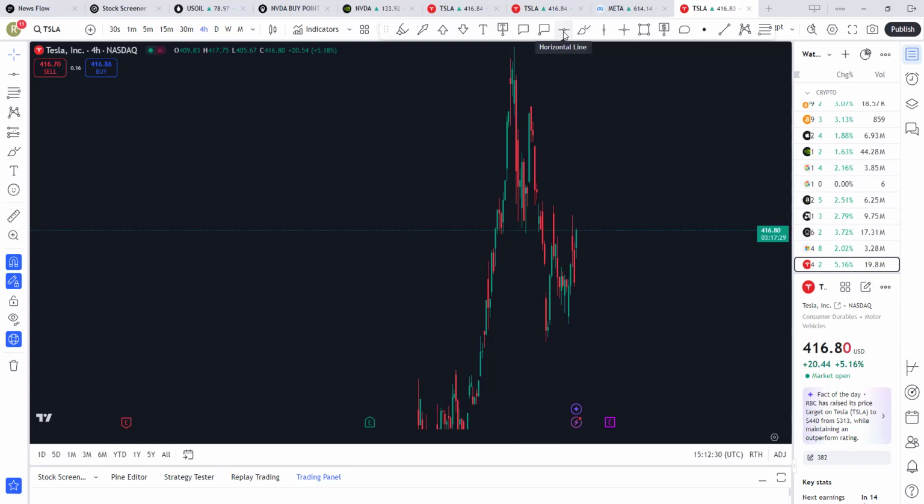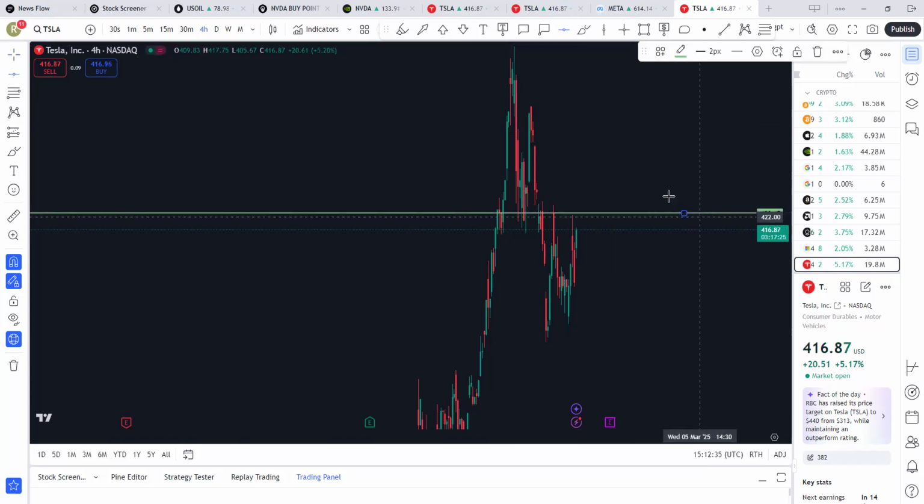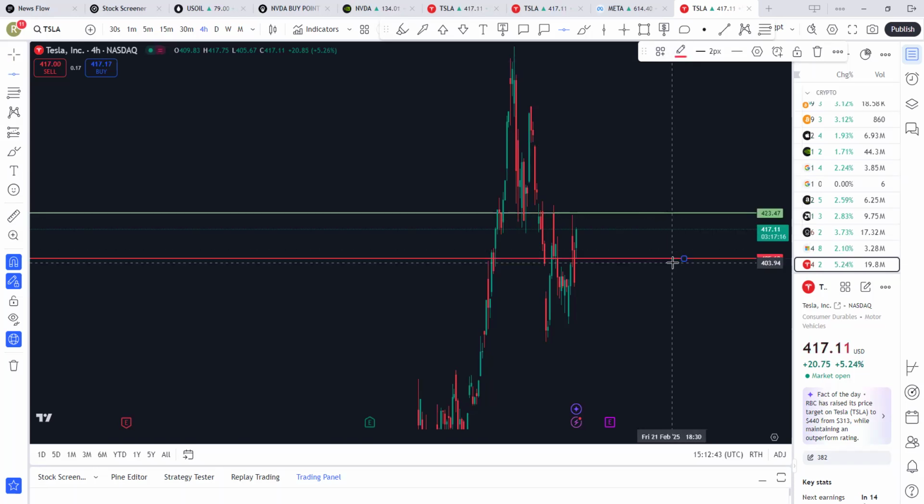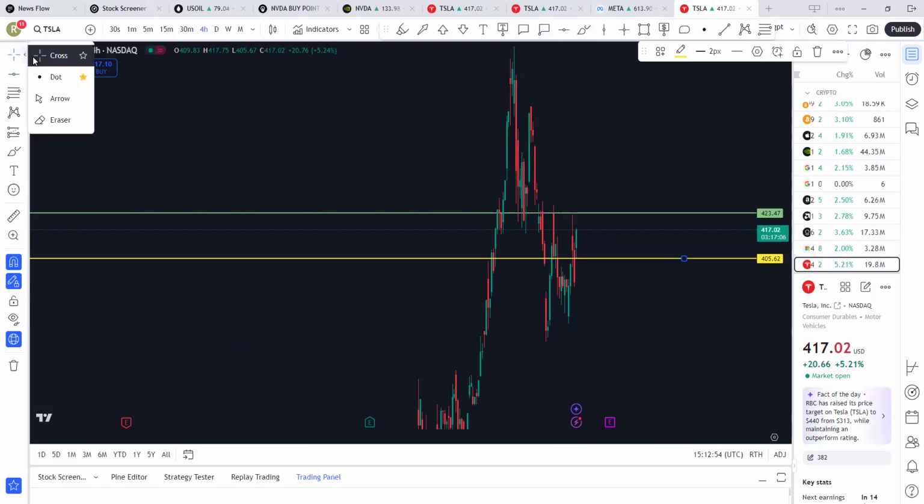For instance, if you need to add your horizontal line, you click there, and I just add my line. And I want to add another line. We call that a resistance line. You want to add a super line, I click there, and I can switch to a different color. If I want to put another color, I can just switch and add a color. I'll teach you that in this class, how to use TradingView. Anything, and then I can deactivate it.